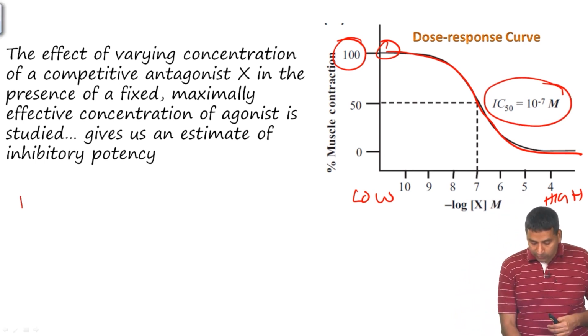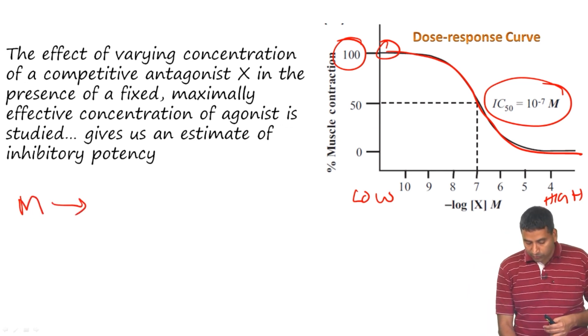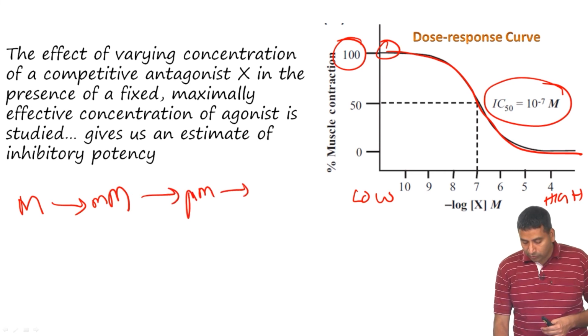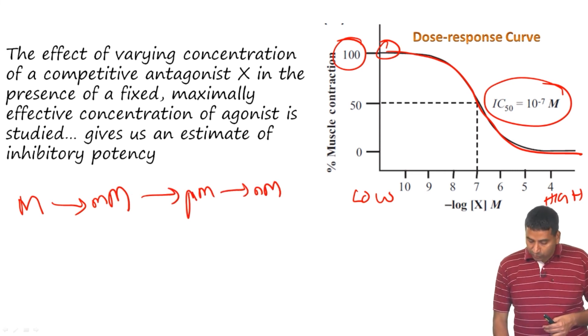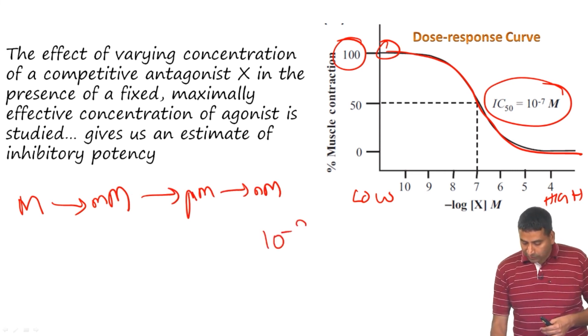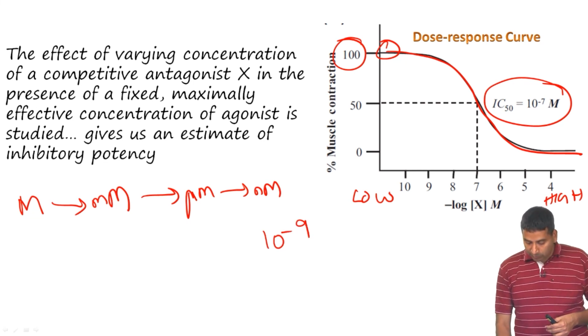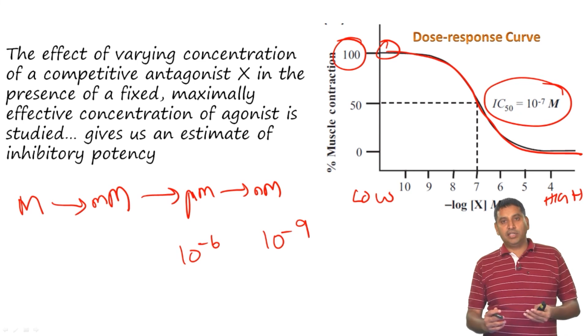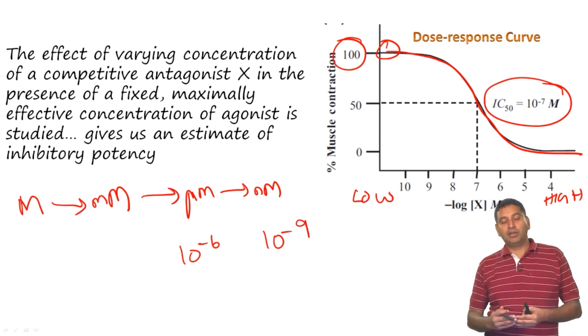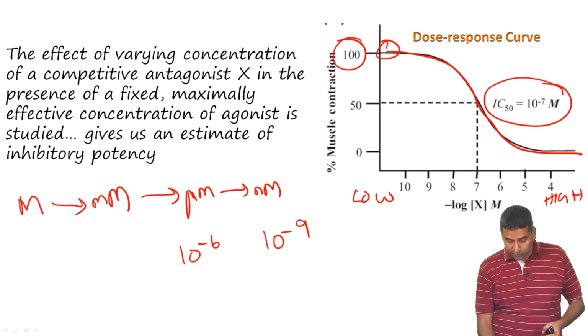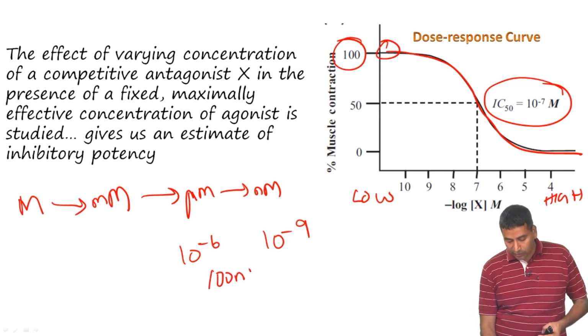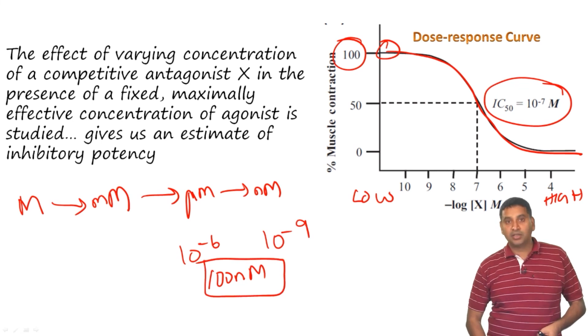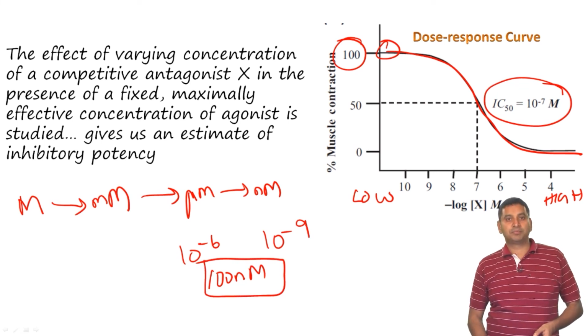Like we looked at earlier, molar goes to millimolar, then micromolar, and then nanomolar. 10 power minus 9 is nanomolar, 10 power minus 6 is micromolar, and so this compound is between micromolar and nanomolar efficacy. If we convert this, the value would be 100 nanomolar,